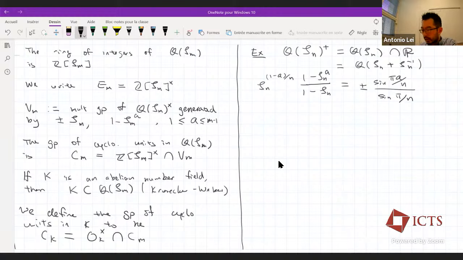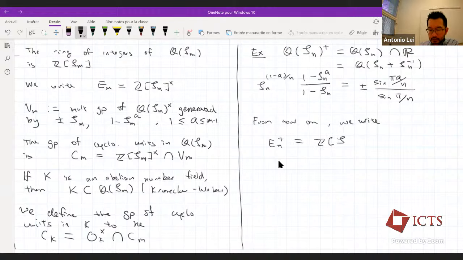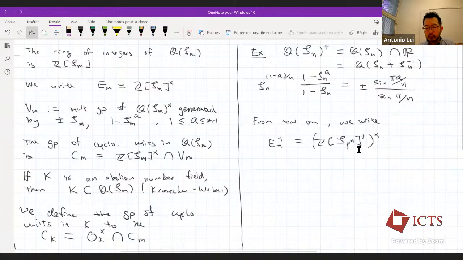So I'll write, from now on, we will introduce this notation. From now on, we write E_n^+ to be the group of units in Z[zeta_{p^n}]^+. So what I mean by this is, this is the ring of integers of the totally real field